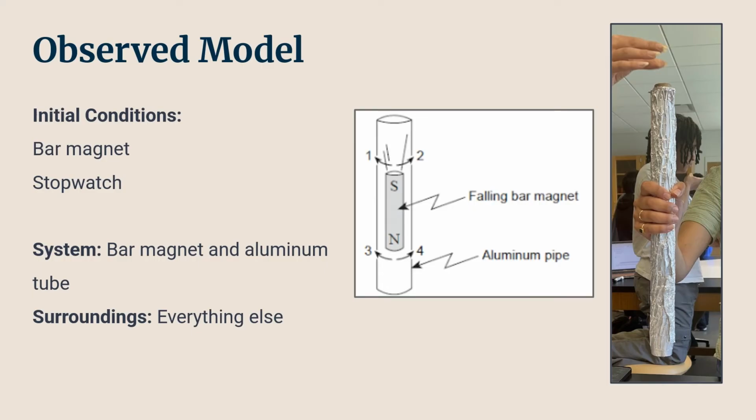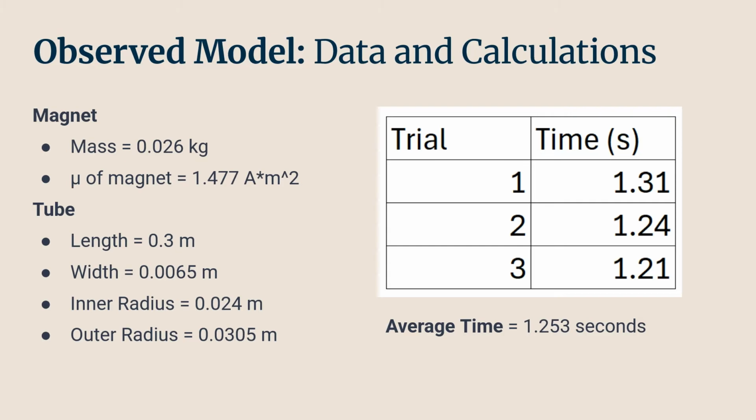So in our observed model, here are the initial conditions of the bar magnet and the stopwatch. The system is the bar magnet and the tube, and the surroundings is everything else. And here's a picture of the setup and a diagram of what each part is. So in our data, the magnet is 0.026 kilograms, and the mu of the magnet is 1.4778 amps times meter squared, and that was taken from our previous lab. The tube is 0.3 meters in length, the width is 0.0065, the inner radius is 0.24, and the outer radius is 0.0305. So we did 3 trials, and the average time for all these trials was around 1.253 seconds of